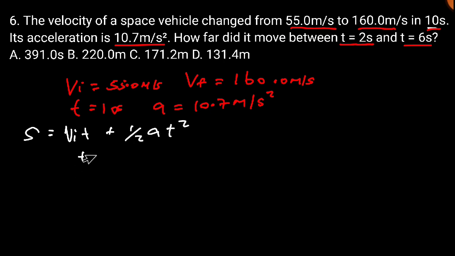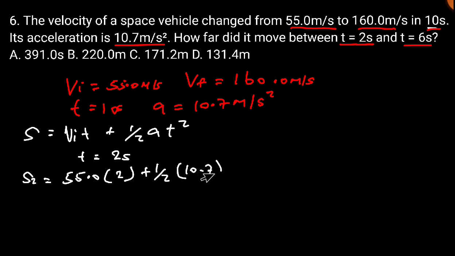Now at t equals 2 seconds, we have s sub 2 equal to initial velocity 55.0 multiplied by time 2, plus half times acceleration 10.7, then multiplied by t squared. If you plug this in your calculator, you are going to get